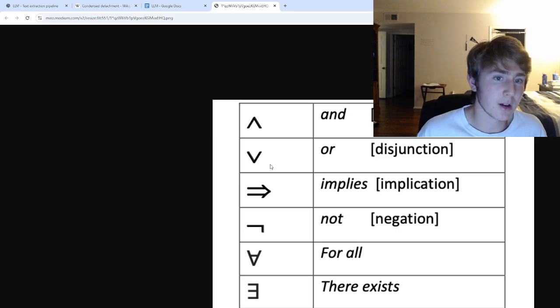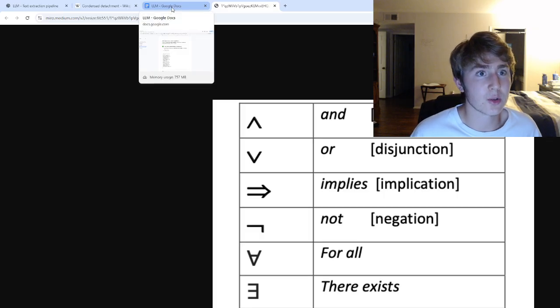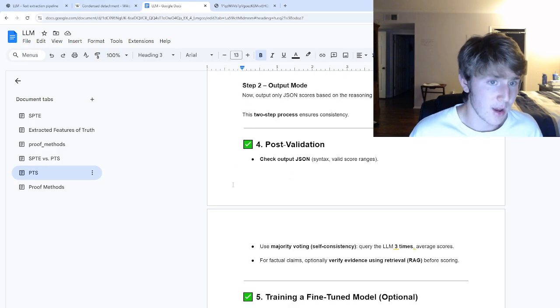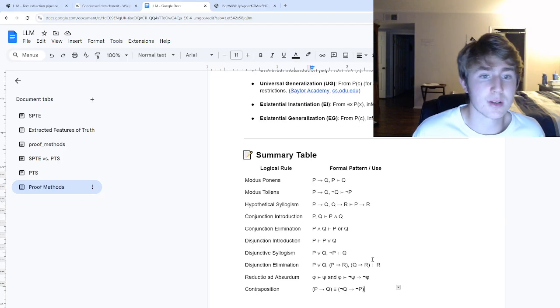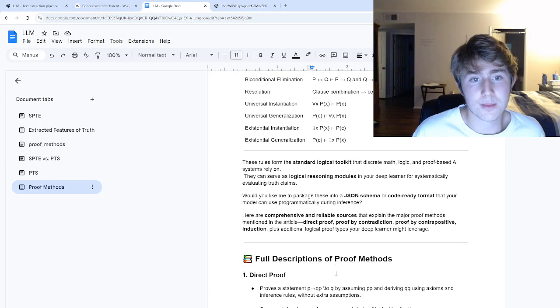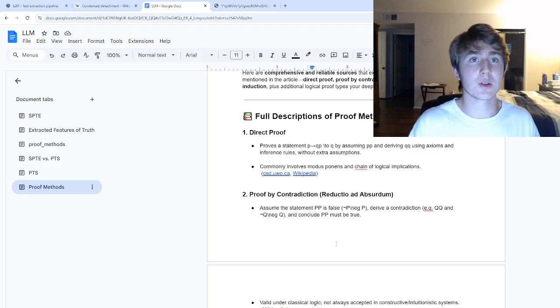They use these ubiquitous symbols, and basically you can now apply all of the standard propositional logical rules once you've converted all of those claims into logic. Those include modus ponens, modus tollens, syllogisms, and also the forms of contradiction proofs, contrapositive proofs, and you can apply all those